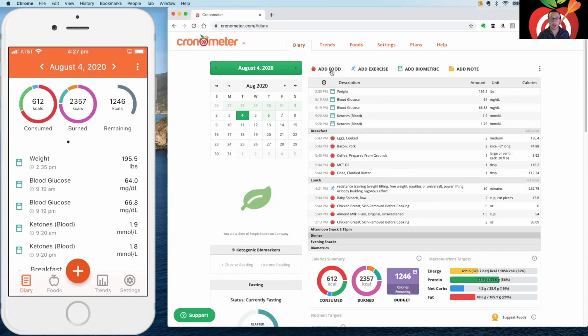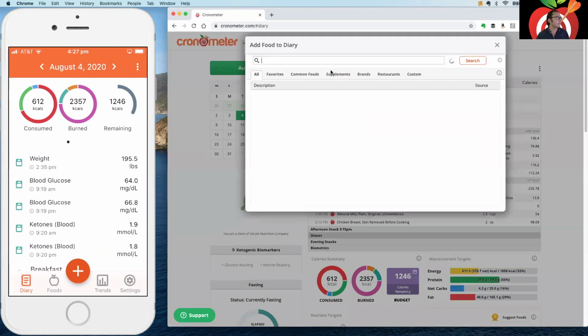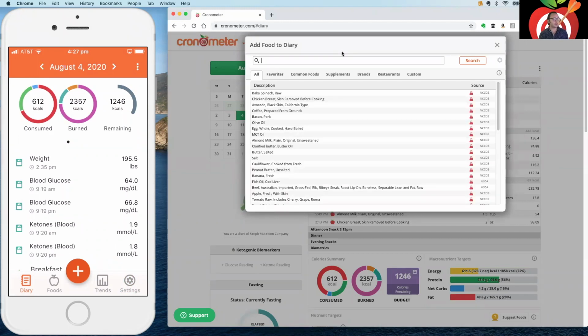So let's talk about logging food. How do you get the most data out of logging food in our app? I just clicked on add food up there, and this is going to be a combination of things. One, we try to make logging food as effortless as possible. One of the ways we do that, you'll notice when you open up the add food dialog, you get a list of foods that are essentially,